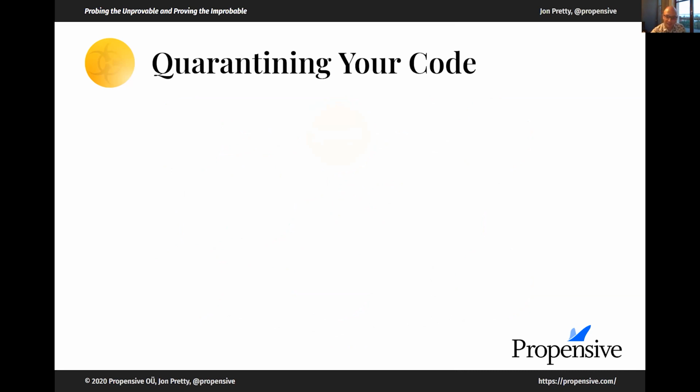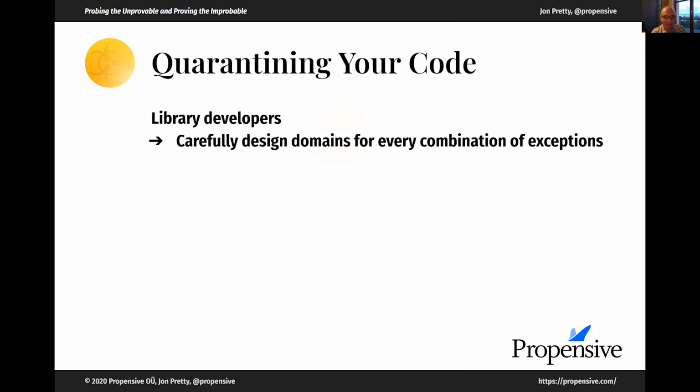So this is quarantine, and I can ask the question: how do you go about quarantining your code? If you're a library developer, library developers should bias all the hard work into the library so that the end users have the benefit that they do less work.